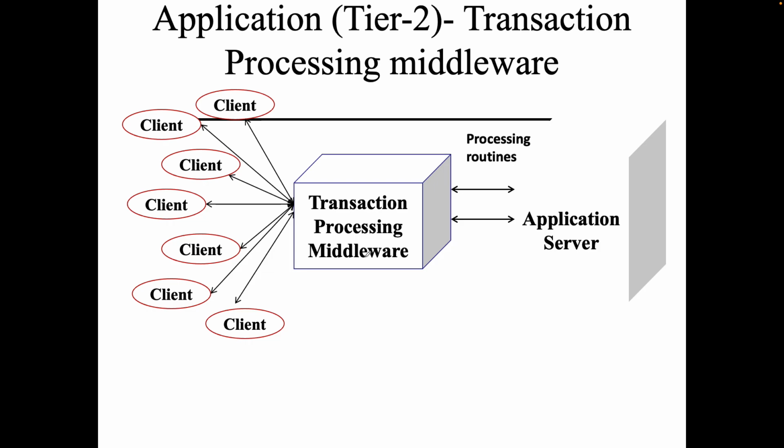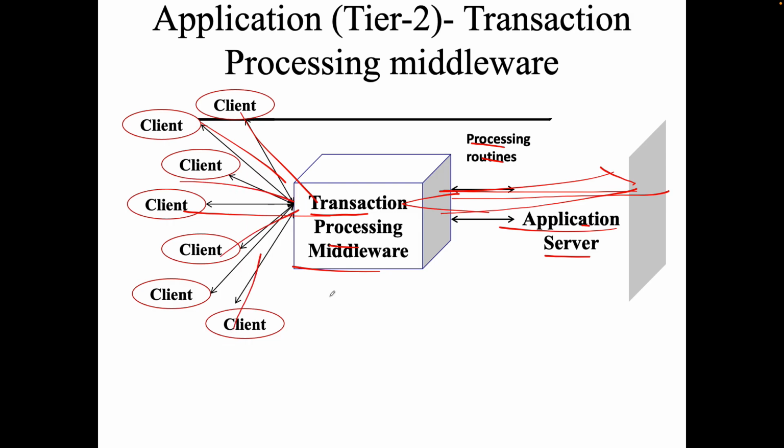ट्रांजैक्शन प्रोसेसिंग मिडलवेयर: क्लाइंट्स है मल्टीपल अपने पास, इधर बहुत सारे क्लाइंट्स, ट्रांजैक्शन प्रोसेसिंग मिडलवेयर, प्रोसेसिंग रूटीन्स, एप्लीकेशन सर्वर. पहले तो क्लाइंट एप्लीकेशन सर्वर को रिक्वेस्ट करेगा, सर्वर डेटा भेजेगा और यूज़र्स को डेटा भेज देगा, मतलब हमें डेटा लेगा भी. मतलब वीडियो प्ले करना है, इनपुट लिया, रिक्वेस्ट किया सर्वर पर